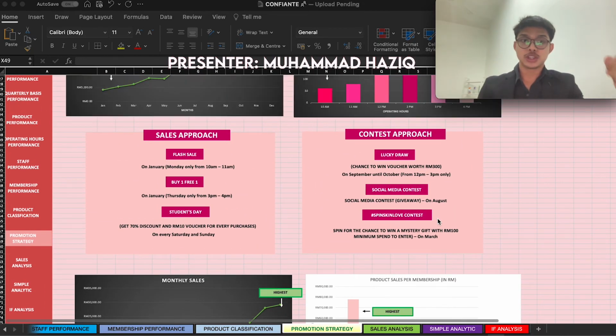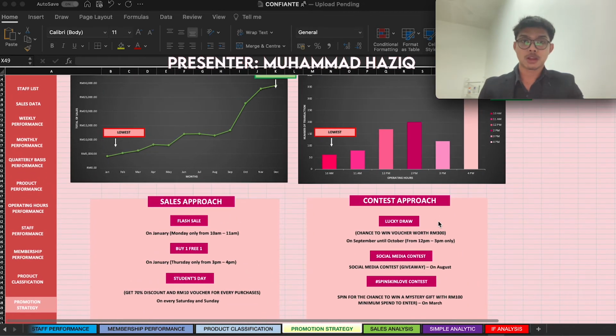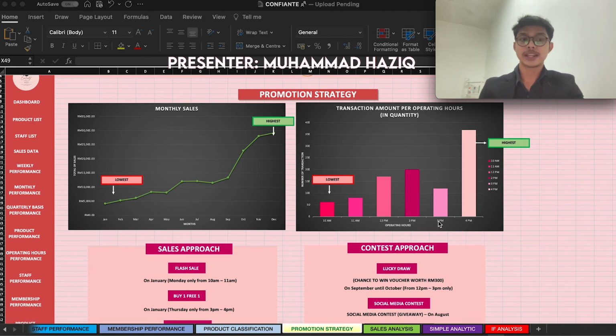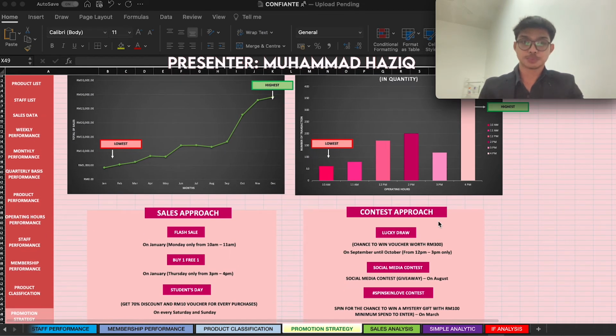Seventh is contest approach. Firstly, lucky draw. Lucky draw is under contest approaches, which held from September until October from 12 p.m. to 3 p.m. only. According to monthly sales chart and transaction chart, we created this contest to attract customers to join, where they can get the chance to win a voucher worth 300 ringgit,